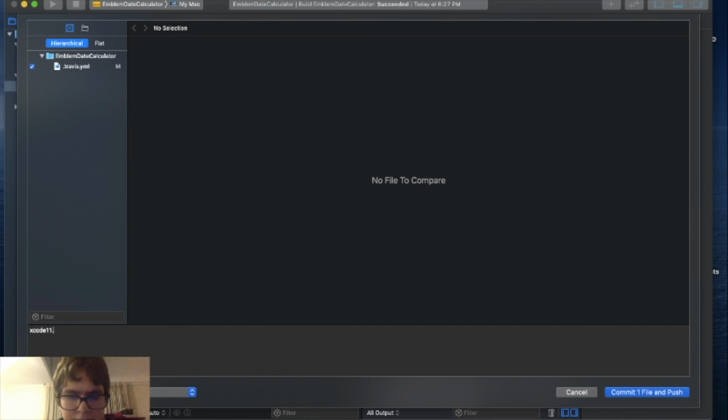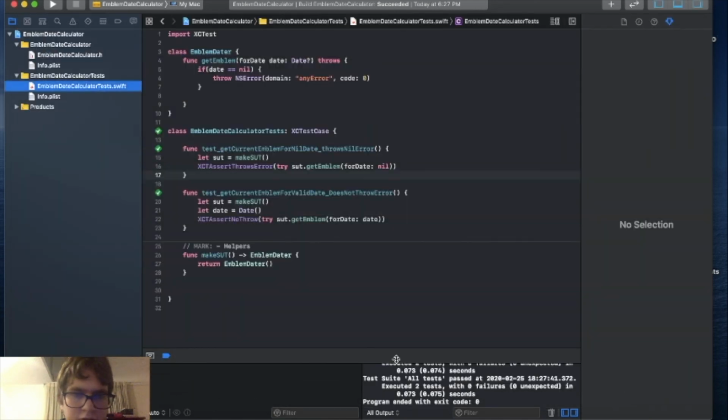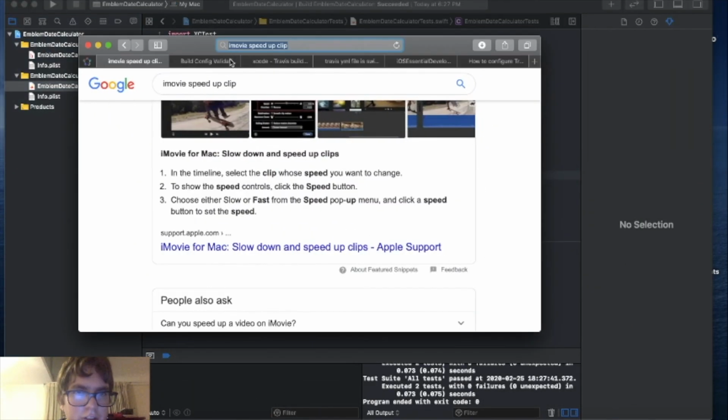Xcode 11.3 should have no spaces in order for Travis CI to work. Commit. And I'm pushing also, okay? So now on Travis CI,